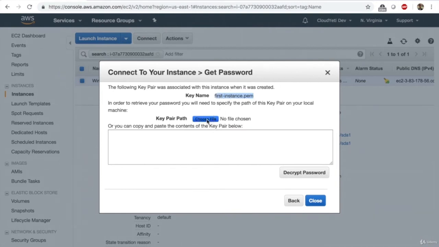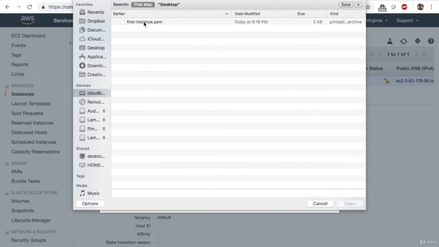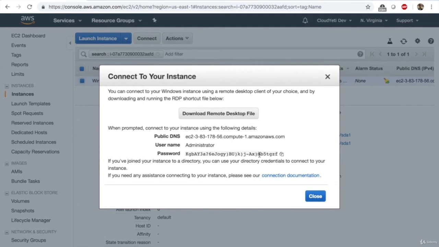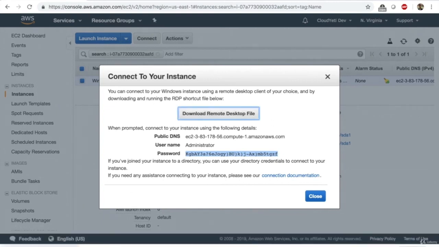I'm going to click on choose file. So I'm going to choose the .pem file. After you choose the file, you can click on decrypt password, and then you will be given a password. You can click on this button to copy this to your clipboard. Once you copy the password, you want to click on download remote desktop file, right? You click on download remote desktop file, and then you'll be able to click on this downloaded file, and